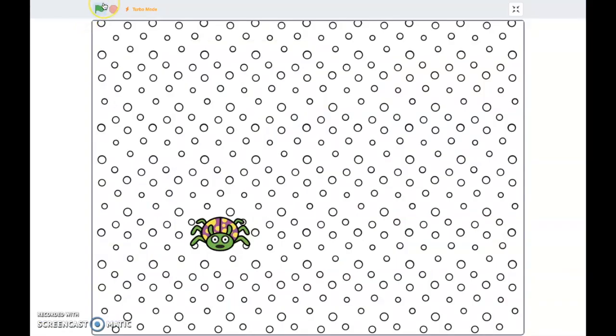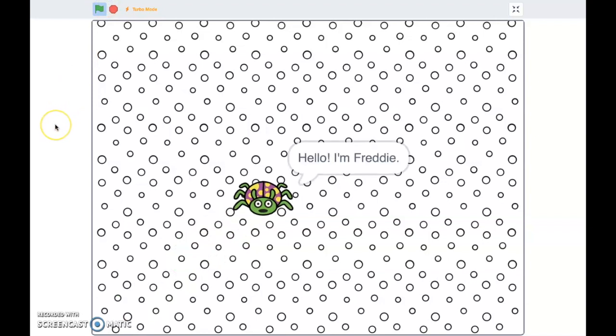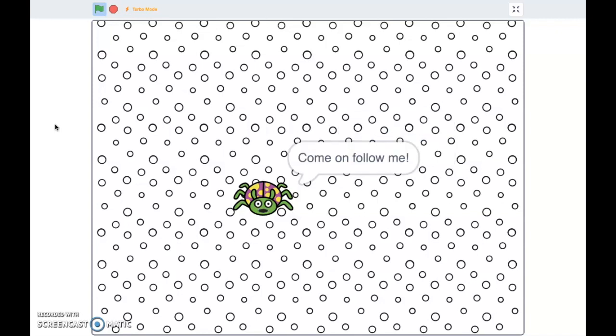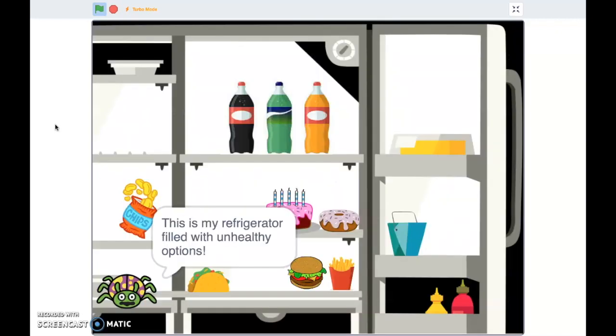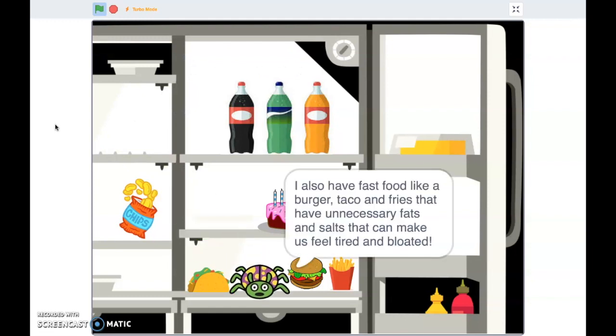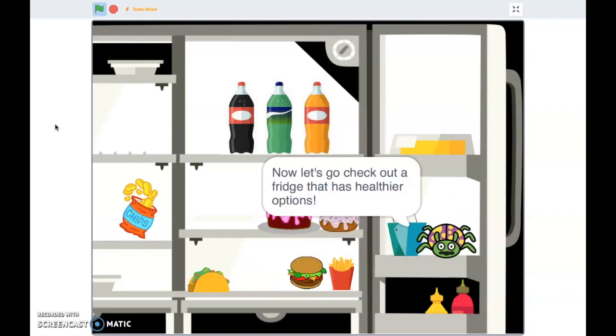Okay, so now I'm going to show you a finished product. So here's the part that we did with Freddy talking to us, introducing himself, telling us what we're going to do. And then he moves on to the unhealthy version of the fridge, where he explains to us why some of these, or why all of these foods are unhealthy in their own way. And he moves up and down along the scene, or the backdrop, and then he moves along and he shows us